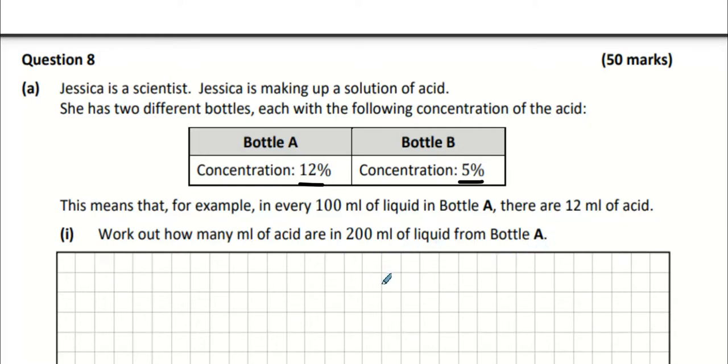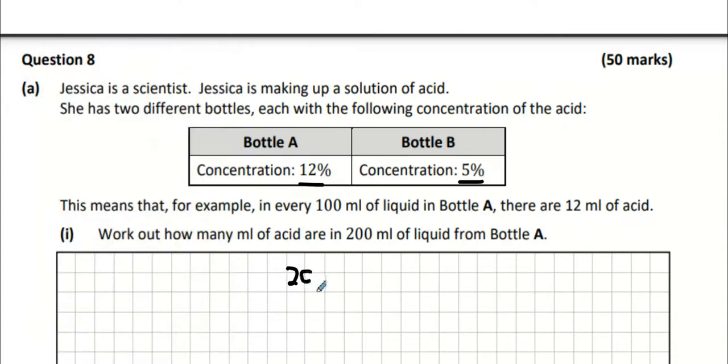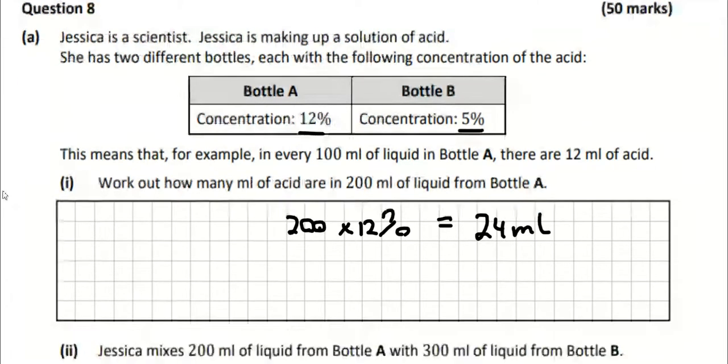Well, that's not too bad. Hey, buddy. So basically, when you have 200 milliliters of bottle A, only 12% of it is acid. So it's 200 multiplied by 12%, which is going to get you 24 milliliters. Okay, that's happy out. Now,